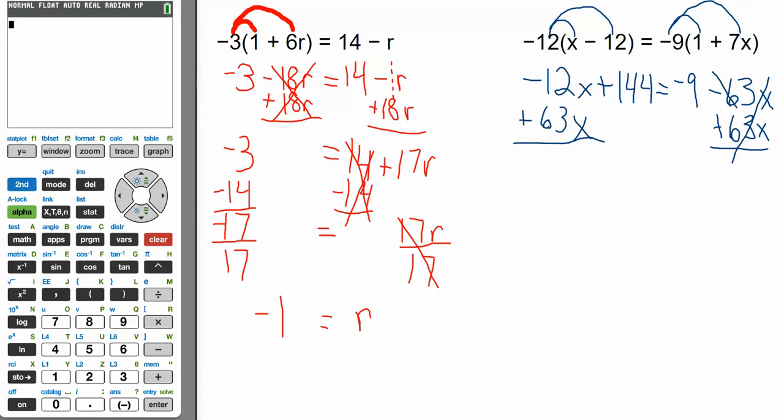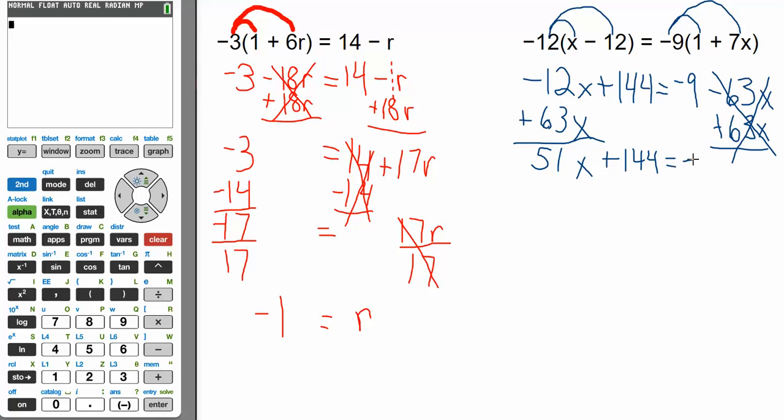Positive and negative 63 cancel out, as we would hope. And here we're going to end up with negative 12 plus 63, which is 51x. And then we didn't do anything to the 144, so plus 144